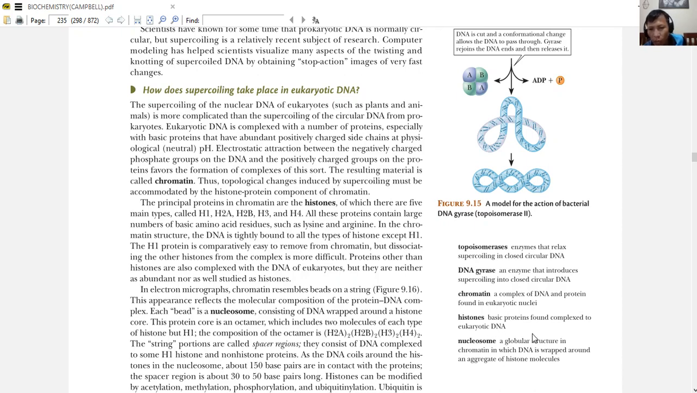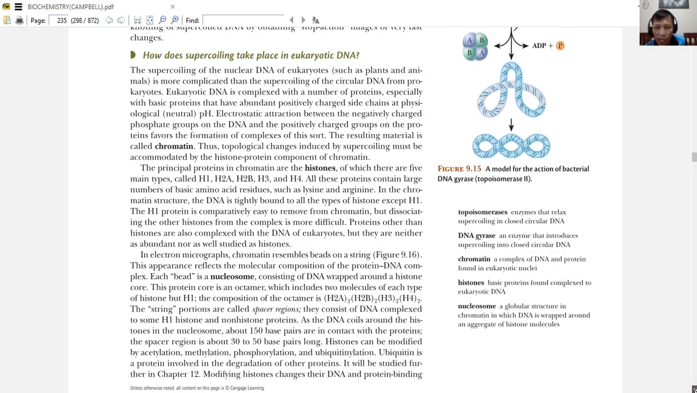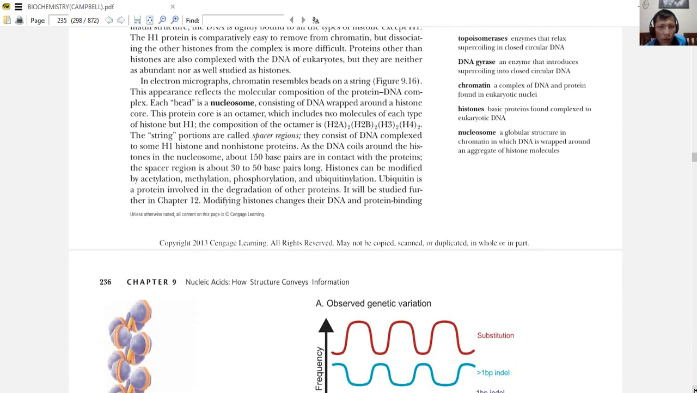This is a globular structure in chromatin. So, chromatin, a complex of DNA and protein, when it is in a nice, tidy, well-arranged structure, we call it a nucleosome, a globular structure in chromatin, in which DNA is wrapped around an aggregate of histone molecules. So, it is tidy. But anyway,